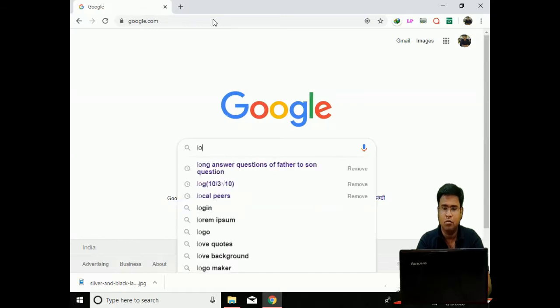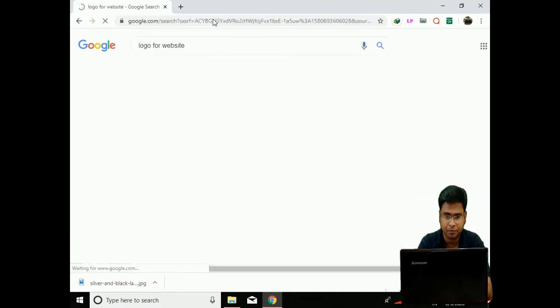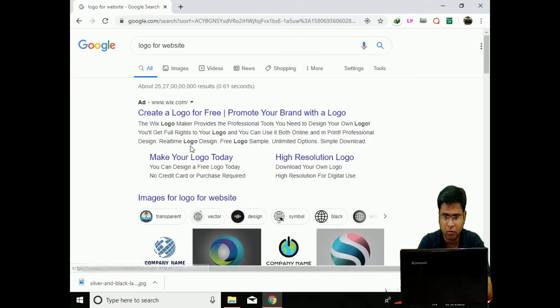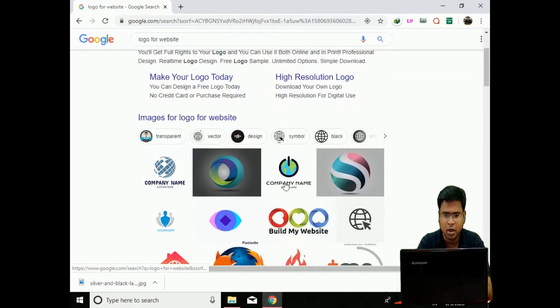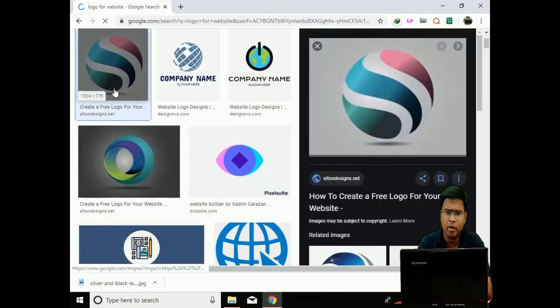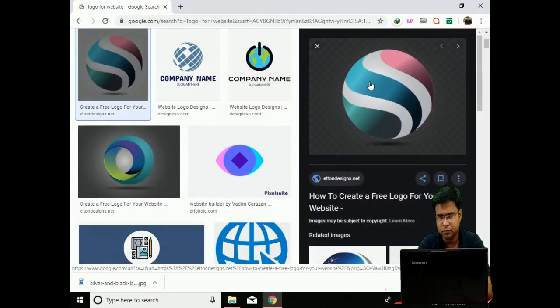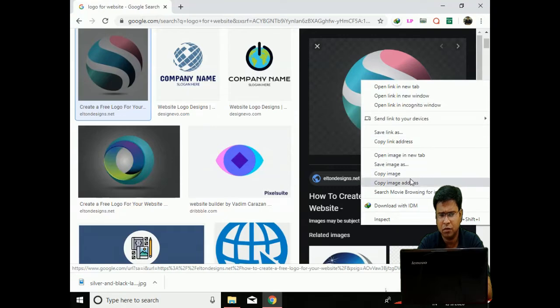Right now I need to get another logo for it. So I'm in Google, searching for a logo which I can use for my website. You will get lots of logos over here, or you can make your own logo. There are lots of free logo makers, both for mobile platforms and for Windows. I'm using this one, though I don't like this picture actually.